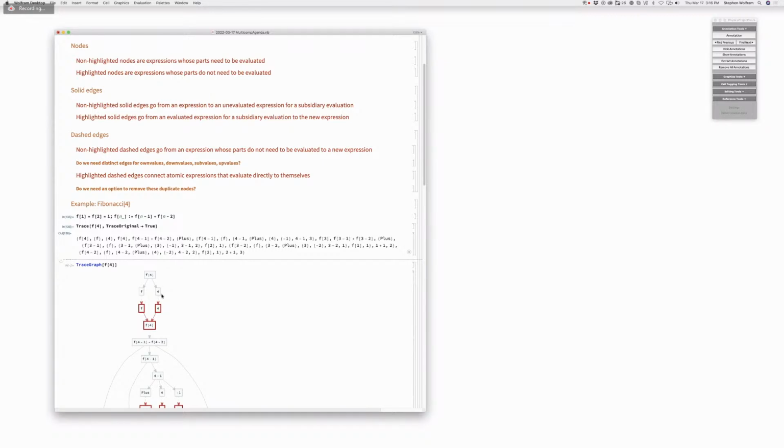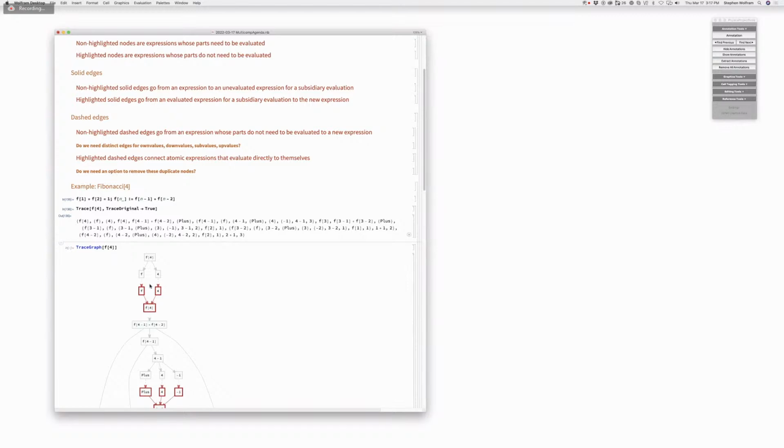Okay, non-highlighted solid edges go from an expression to an unevaluated expression for a subsidiary expression. Okay, so that's these kinds of edges here. That's a drill down. So in order to evaluate F of 4, you need to evaluate F and you need to evaluate 4. Right, but you are still retaining the memory that having done that, these reassemble in this way. That reassembly information, which we also had in these